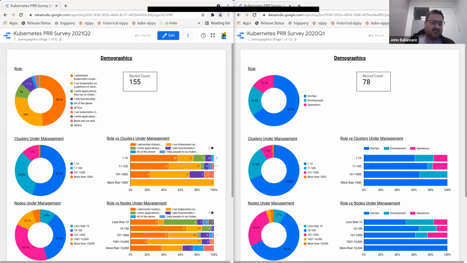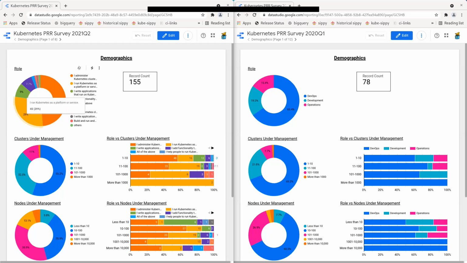Okay, great. Yes. So there was a deep dive on this. If you want to look at the PRR meeting recording, we go into it in detail. I'm only going to cover a few highlights here. The 2021 report is on the left, and the 2020 report is on the right, and I'll try to keep them in sync as I go. The first thing that we notice is that our respondents are demographically very similar. We split them into slightly different categories here, but we effectively get mostly cluster admins responding to this, or people who administer clusters.